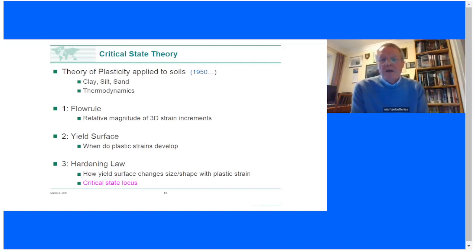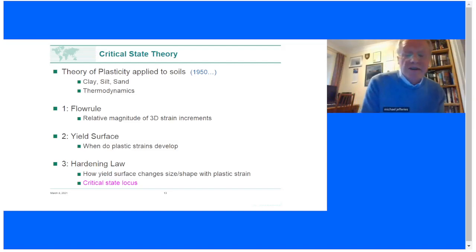And that is ubiquitous in soil. That's all plasticity is. You don't get your displacements back. The theory of plasticity was developed from metals, but it gained enormous impetus in the Second World War as it got applied to metal forming processes. But because soils were so ubiquitously plastic, there was much enthusiasm in the 1950s to take this mathematical theory and